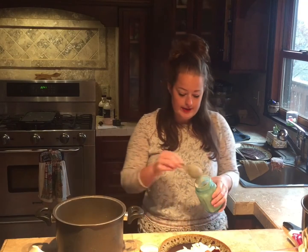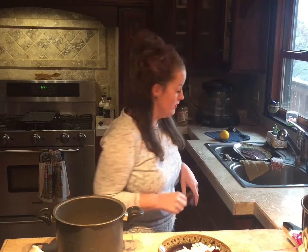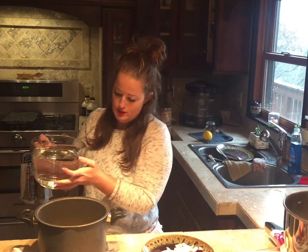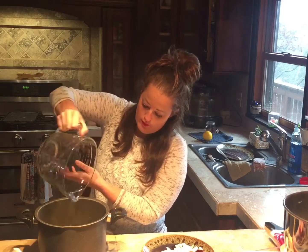And there's our 8 tablespoons of our vegetable broth powder. I don't have a whole lot left, so before long we'll be making that video to show you how to make that vegetable broth powder. I've got my 8 cups of water that combined with the 8 tablespoons of vegetable broth powder will equal vegetable broth. So you could either wait until the vegetable broth is hot on the stove, or you can add your